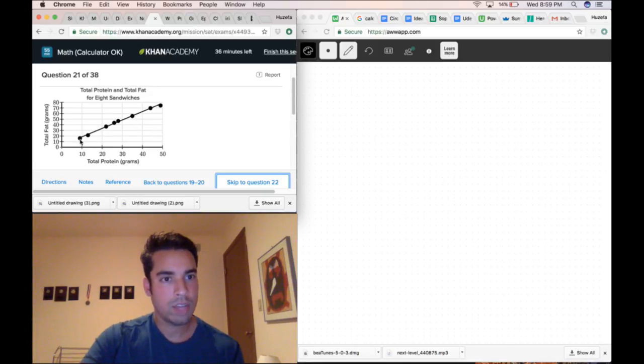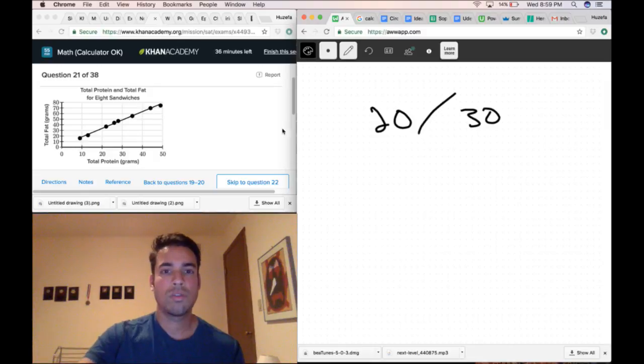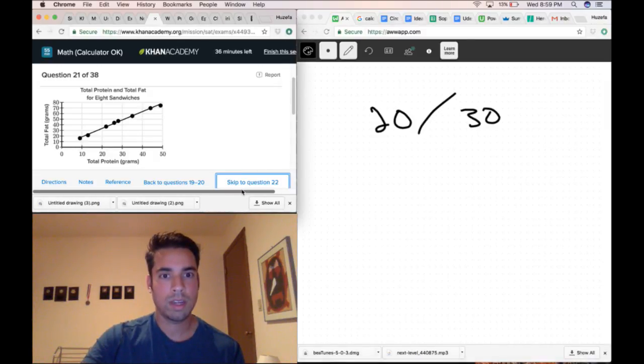So let's choose 2 nice points on this line of best fit. So we got 10 grams and 30 grams of protein. So from 10 to 30, we got 20 grams of protein. And the fat goes up by, how much? Let's see. It goes up from 20 to 50. It goes up by 30. So it's a 2 to 3. But let me make sure we get the order exactly right. They're saying